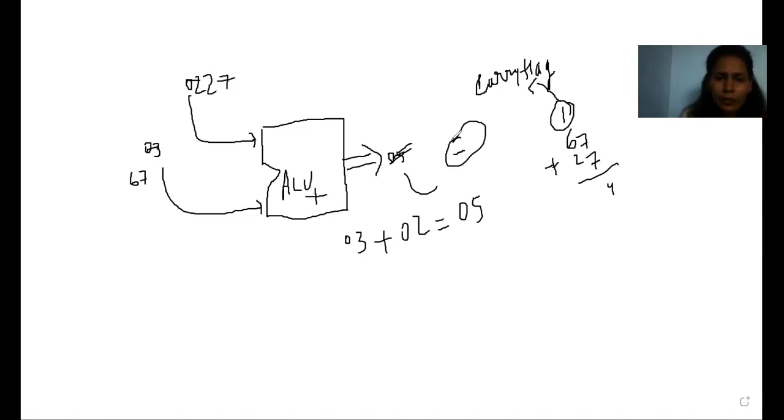If the result of the ALU is 0, then from the zero flag, we can identify that the result is 0.